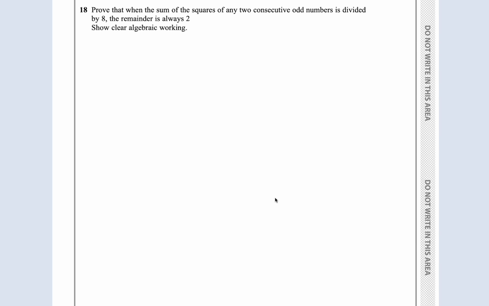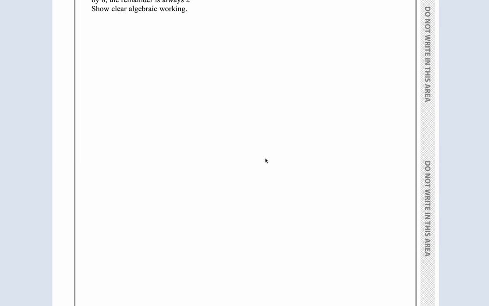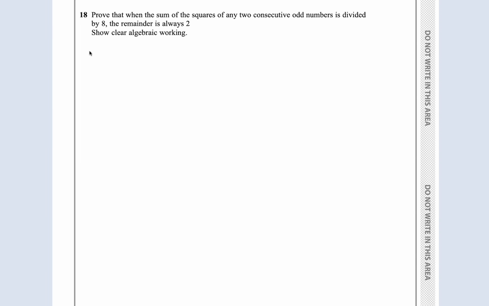Question 18. Prove that when the sum of the squares of any two consecutive odd numbers is divided by 8, the remainder is always 2. Show clear algebraic working. Right, only 3 marks, guys. First,